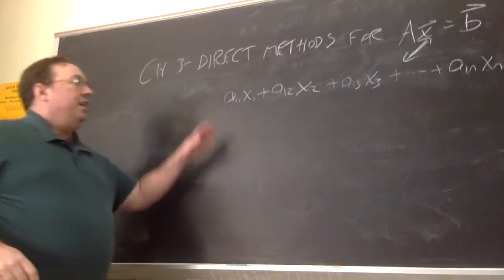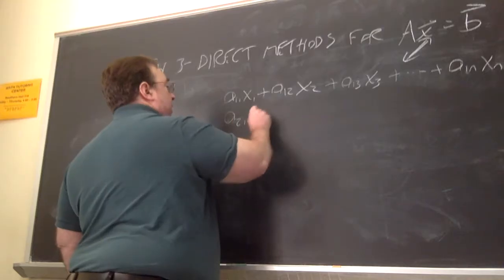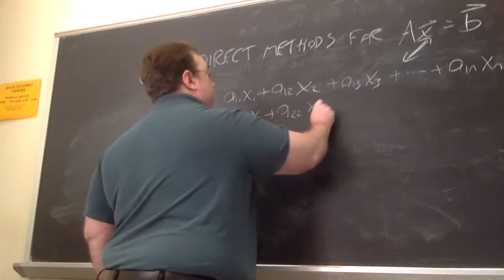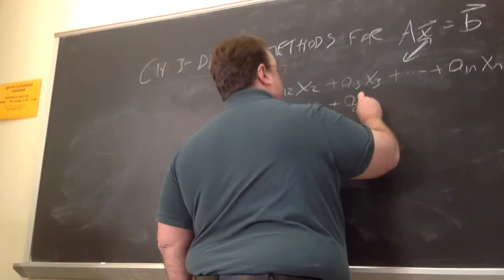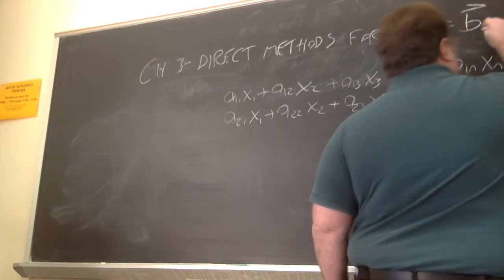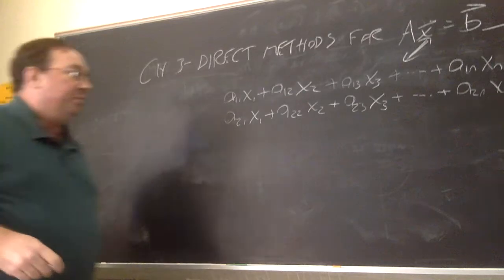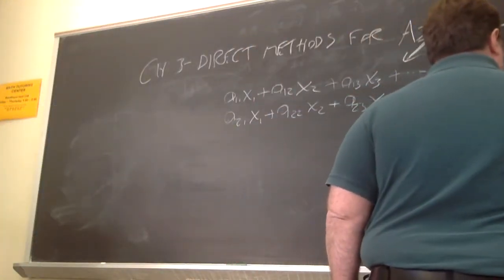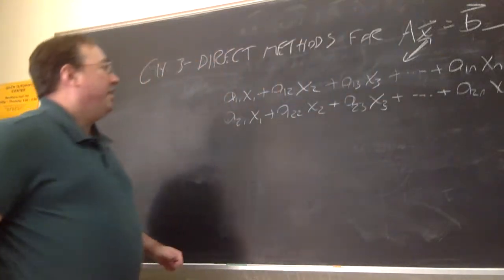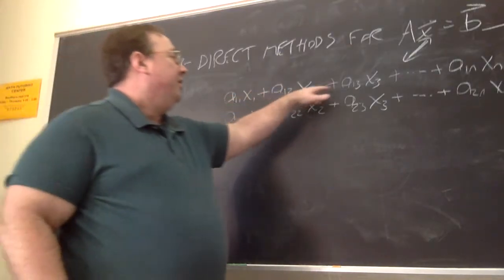So if I were to write out this system of linear equations, I have n linear equations and n unknowns. My right-hand side values, b, is a vector of components b1, b2, up to bn. And then I have my coefficients, the elements of A, multiplying my unknowns, which are the elements of x.